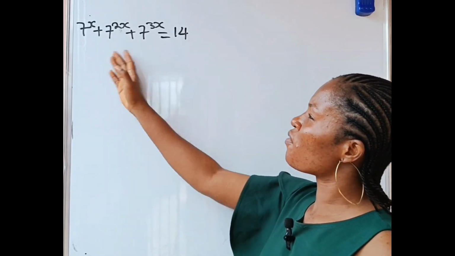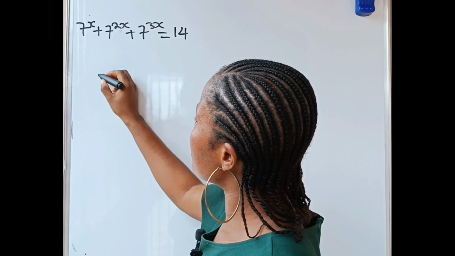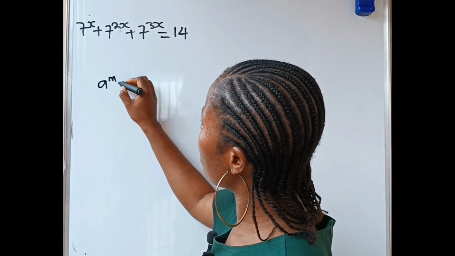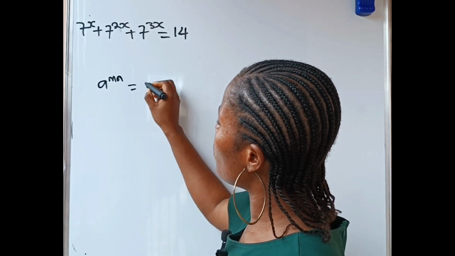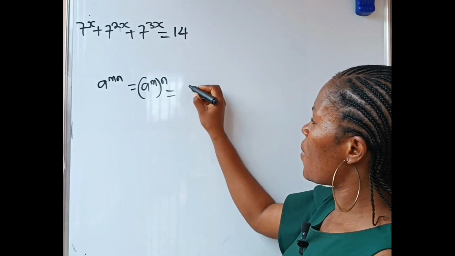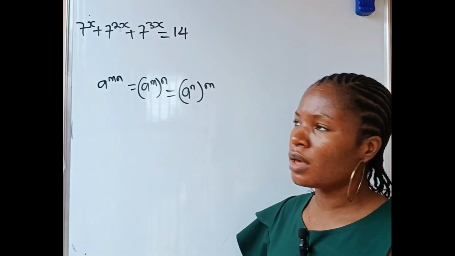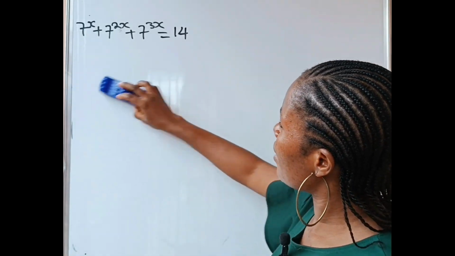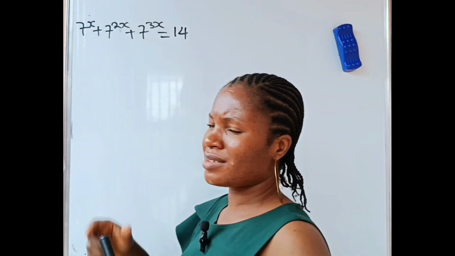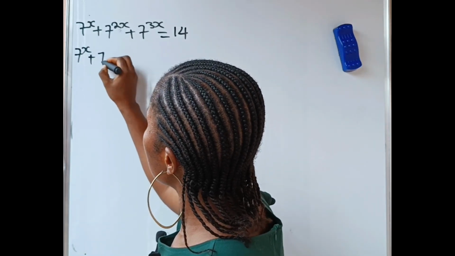Let's solve for x. Note that when you have a to the power of mn, this is equal to a to the power of m raised to the power of n, or a to the power of n raised to the power of m. All right. So I can now rewrite this as